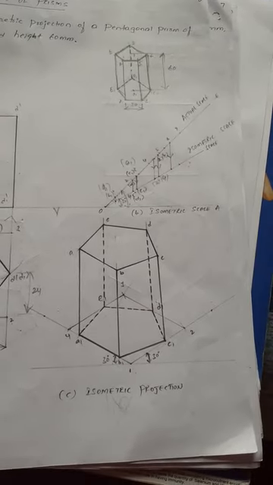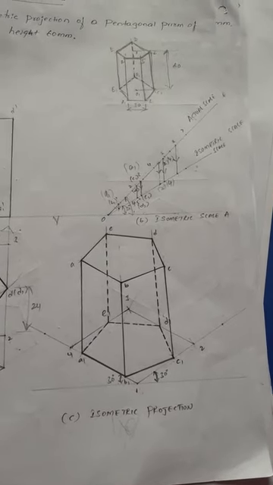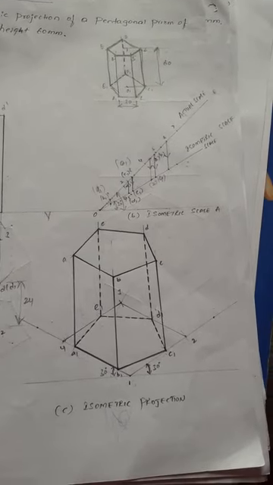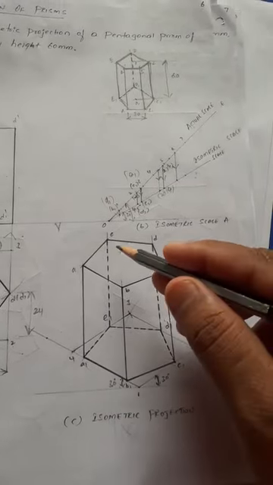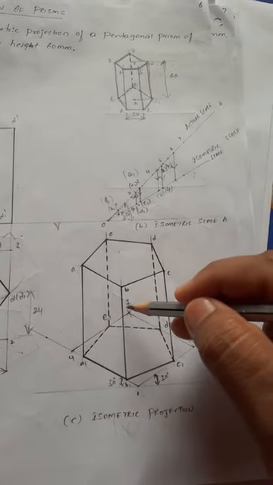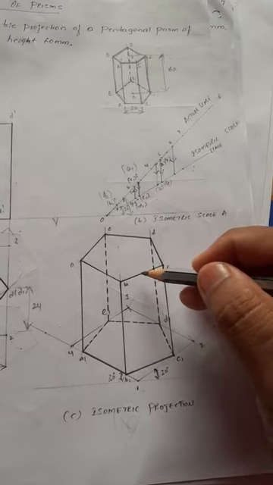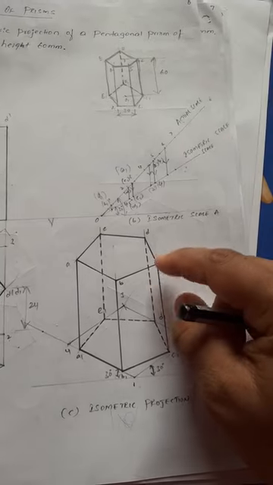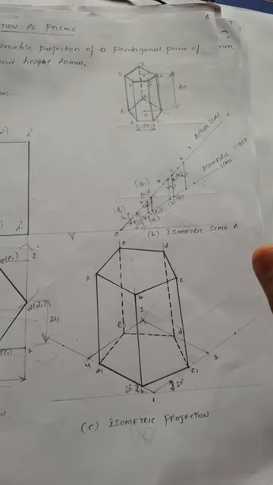And if you want visible and invisible lines, apply the rules we follow in orthographic projection of solids. And one more important thing is, two continuous thick lines never cross each other. Remember this point: two continuous thick lines never cross each other. Suppose the top face is visible, and in the bottom face these two edges are visible. If you take any remaining edge and make it a continuous thick line, suppose you make D1 a continuous thick line, this is already a continuous thick line. If you make this also a continuous thick line, it violates the rule, means two continuous thick lines will not cross or touch each other.